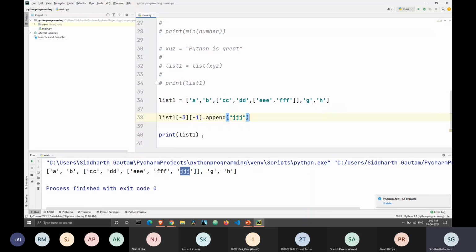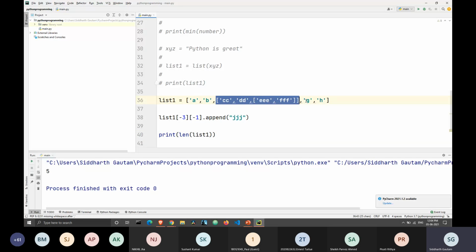If we print the length of the list, we only get 5 because it's the first, second, third, fourth, and fifth. So there are only 5 base elements of this list. It's a different thing that there are other elements inside of that list, but the main list 1 only has 5 elements. That's how we are getting the output of 5, no matter how many nested lists or how many elements inside of a nested list there are.